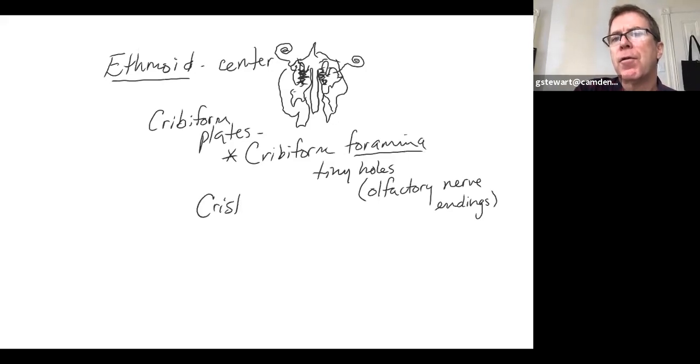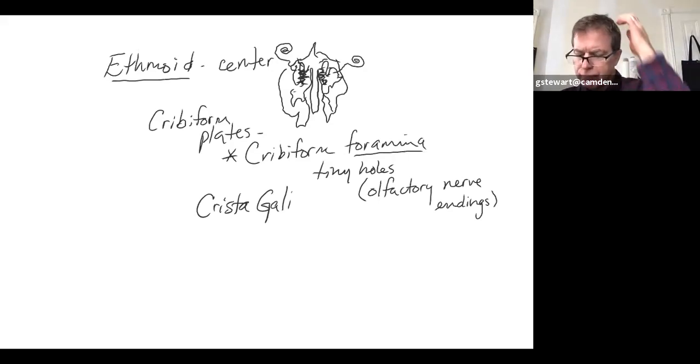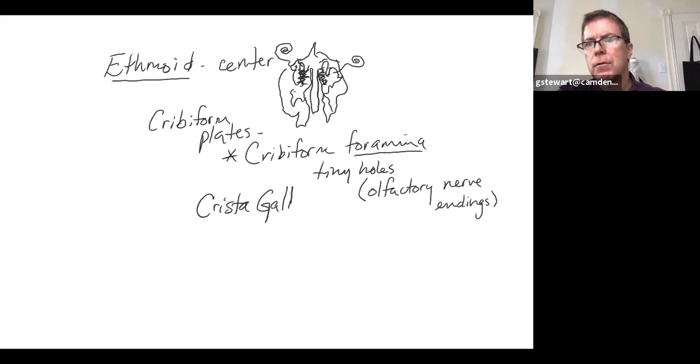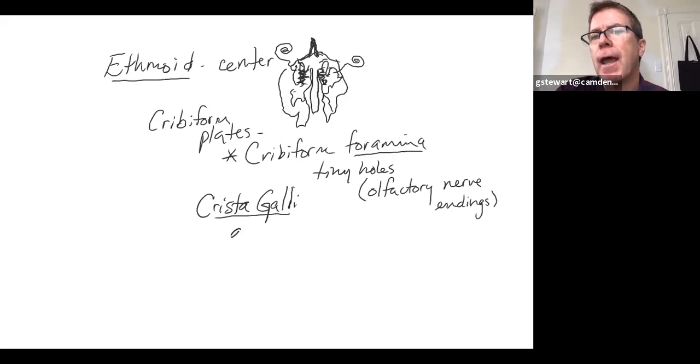Just a couple more features of the ethmoid. The crista galli, it's two L's, is the top of this sharp ridge here called the crista galli, and it's a process or a protrusion of bone that anchors